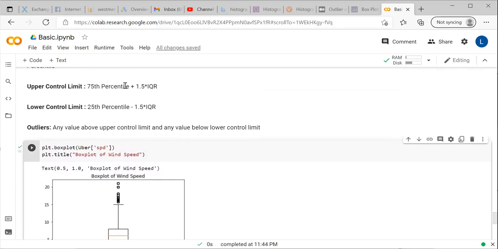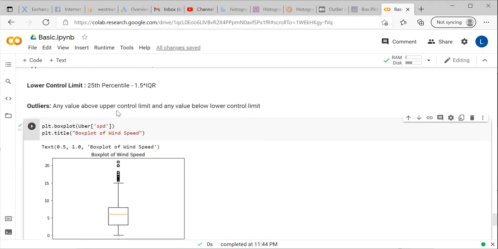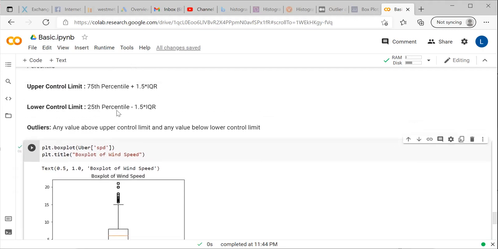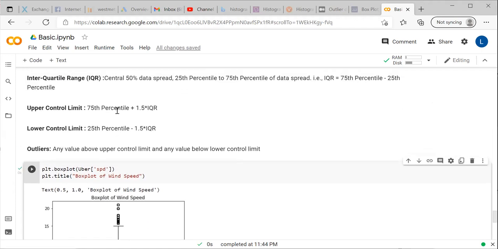If we add it to the 75th percentile, it is going to be our upper control limit. And if we subtract that from the 25th percentile, it is going to be our lower control limit.